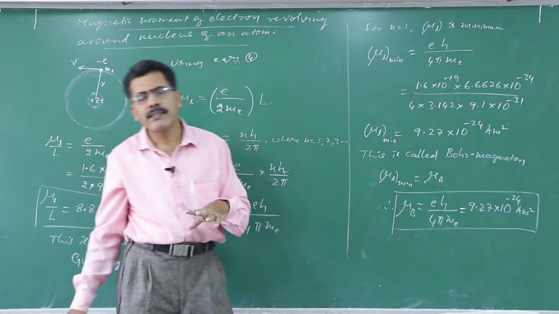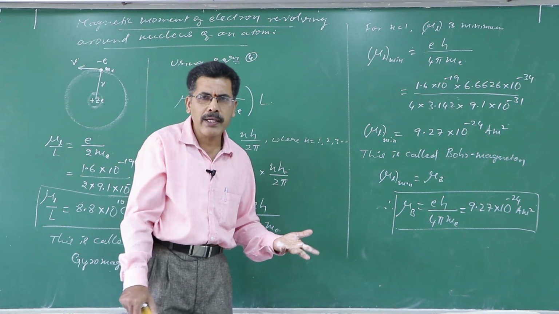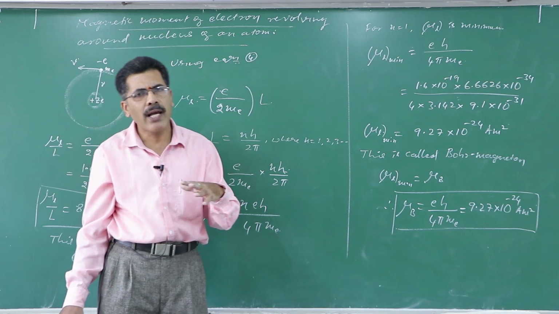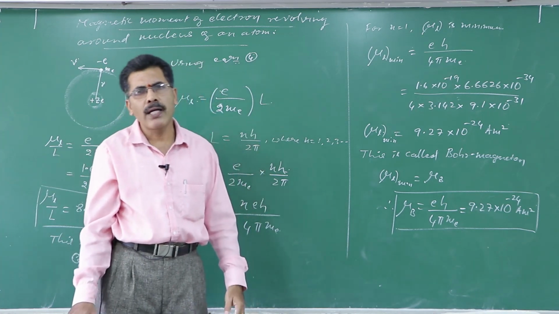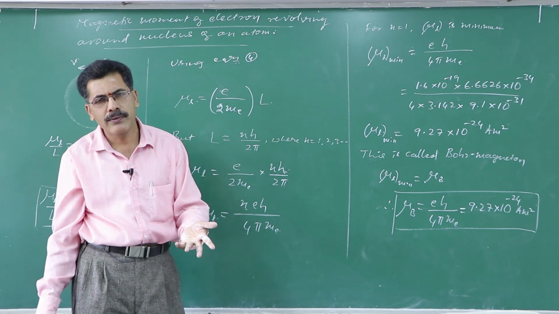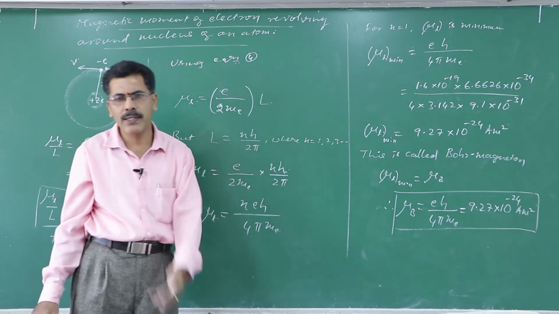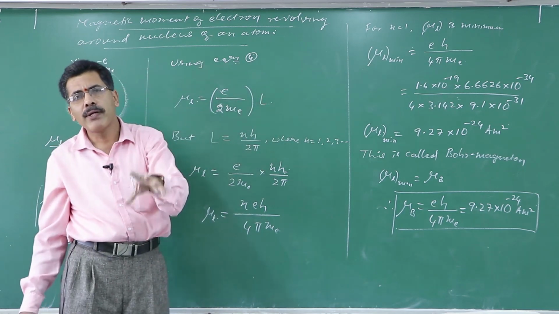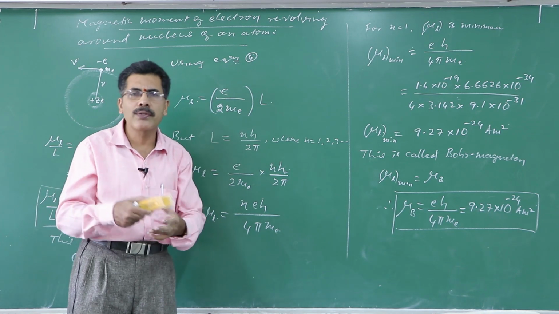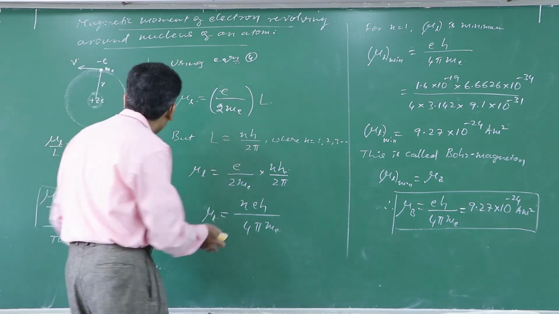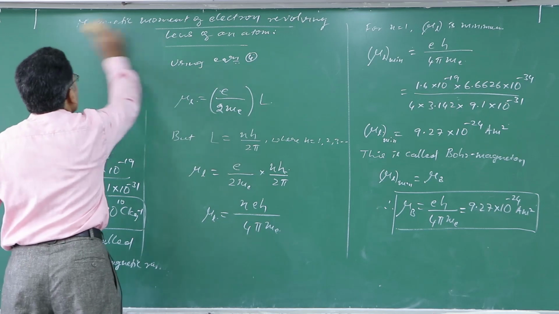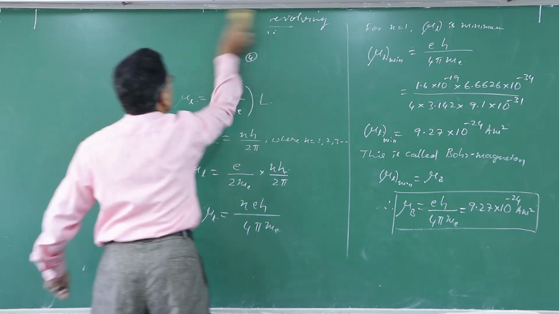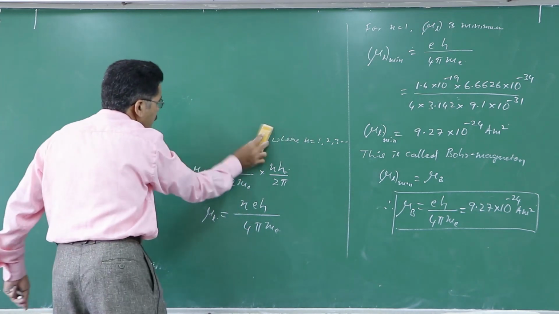In certain materials, the net magnetic moment is not equal to 0. So we call them paramagnetic. And some have natural dipoles, and we call them ferromagnetic materials. That we will understand when we go to the next chapter. Have you understood? This is about the magnetic moment possessed by the electron revolving around the nucleus of an atom. So with this, we shall move on to the moving coil galvanometer.